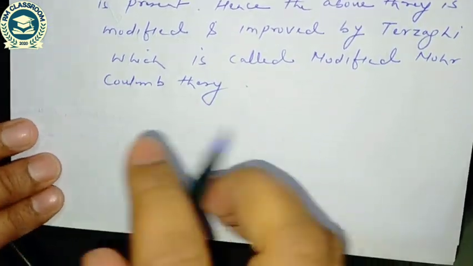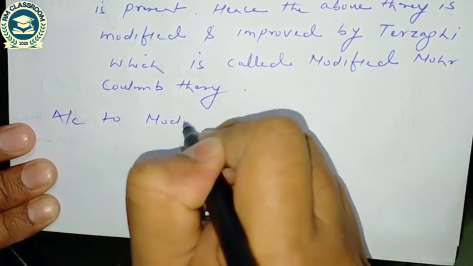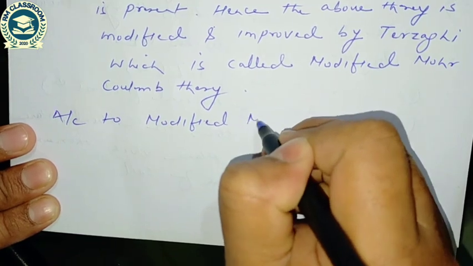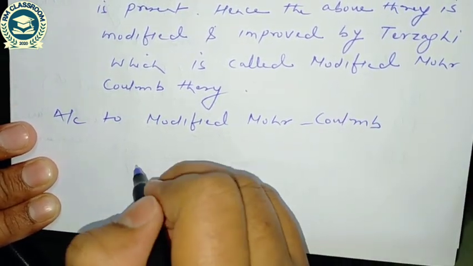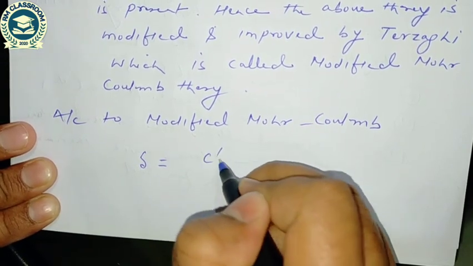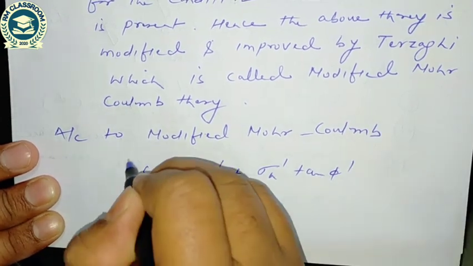So what is modified Mohr-Coulomb theory? According to modified Mohr-Coulomb, shear strength of soil is equal to effective cohesion plus effective normal stress into tan phi dash,